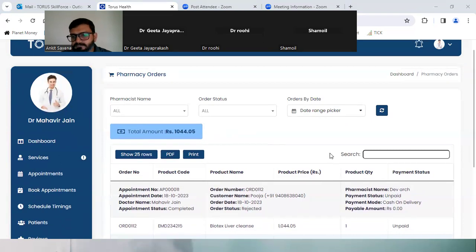Are we getting any incentive on lab and pharma? No, no, Dr. Rohit. Dr. Ruhi, ma'am, as of now there are no incentives, but we are planning to come up with some products for incentives for labs and pharma also. Okay, Dr. Ruhi, I hope this is clear. As of now there are no incentives, but yes, in future we are planning to do so. For some labs, for some pharmacy orders, we are planning to do this. So this is something which is there in the pipeline.